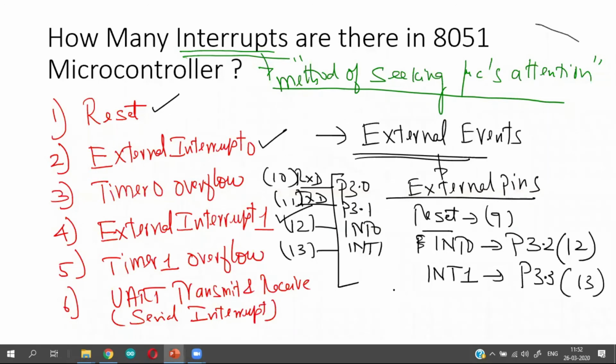Physical pin number 13. So reset, external interrupt 0, external interrupt 1.